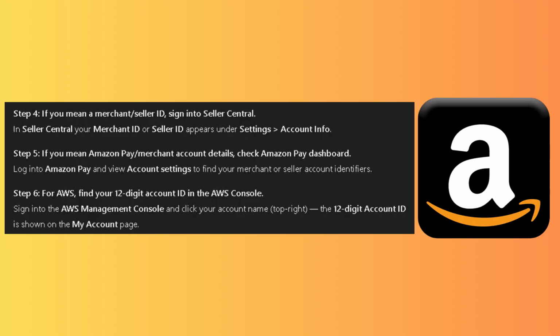For AWS, find your 12-digit account ID in the AWS console. Sign into your AWS Management Console, then click the account name, and the 12-digit account ID will show in the My Account page. Now you know how to find the Amazon account number, whether that be AWS, Amazon Pay, or